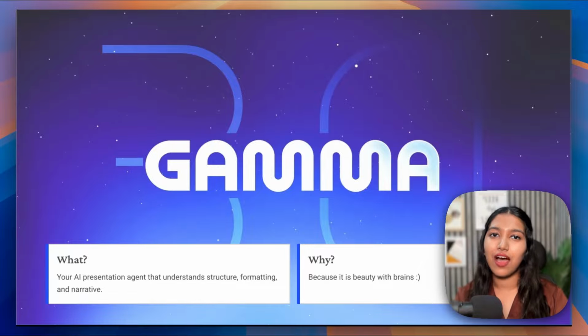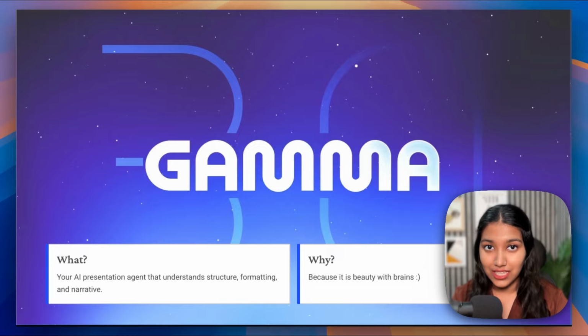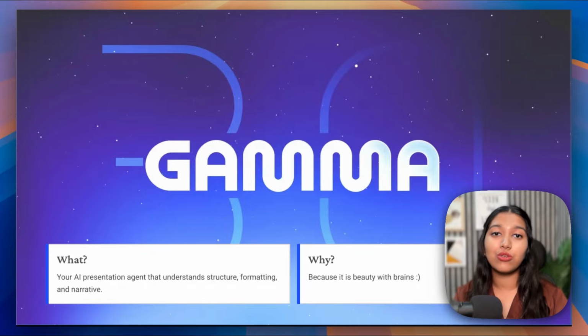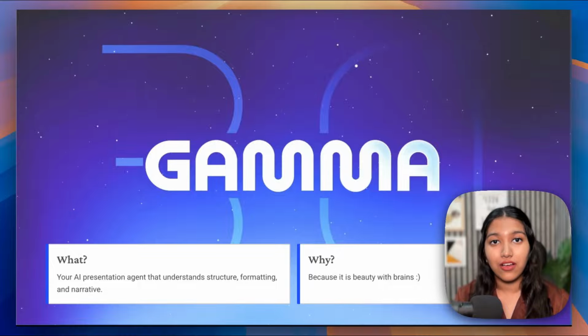So you can think of the Gamma agent as your AI presentation assistant. Basically, it's going to work alongside you to create your presentation. You can use it to create presentations, documents, and even web pages. It works on conversational instructions and is quite ideal for rapid iterations, which means we're going to start with that one prompt. We're going to get our entire presentation, and it does not stop there. You can even refine it further through normal prompting, or you can say chatting, just like we do with ChatGPT, for example.